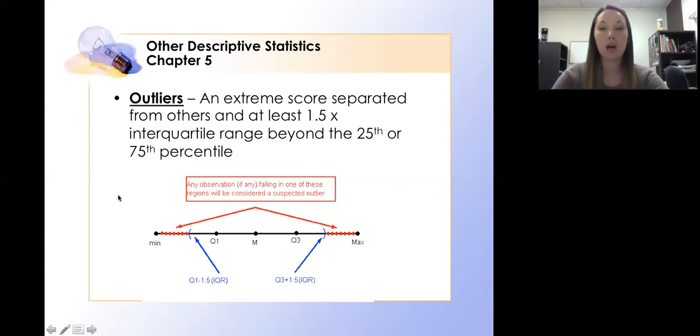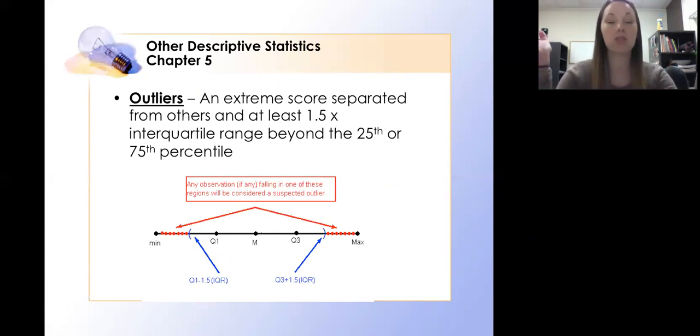So when talking about our z distribution, we have most of our scores falling in the middle. However, we also have scores that are falling out on the extremes. And if they fall far enough on the extremes, these are called outliers. So an outlier is an extreme score separated from others by at least 1.5 times the interquartile range beyond the 25th or 75th percentile. Basically what that's saying